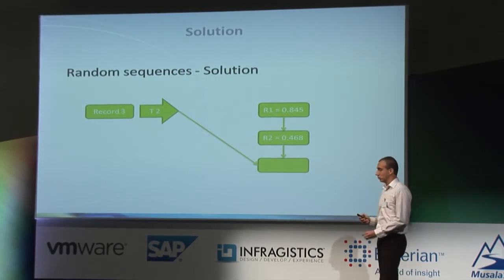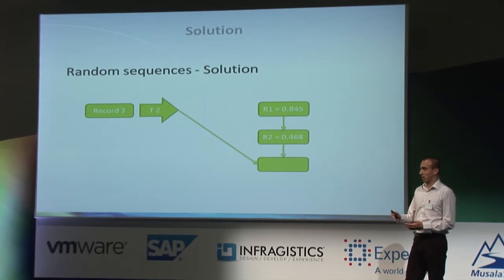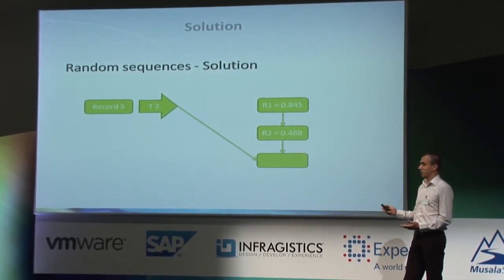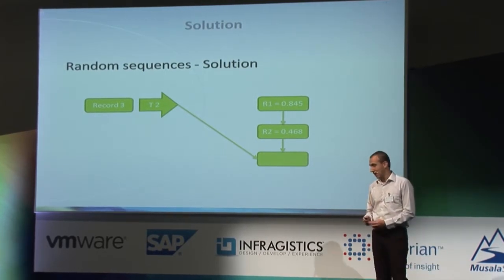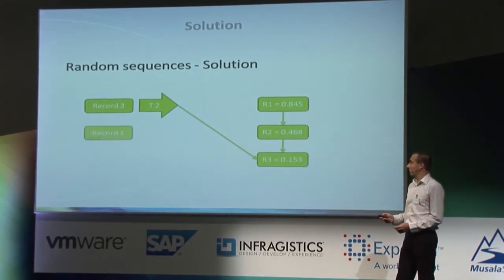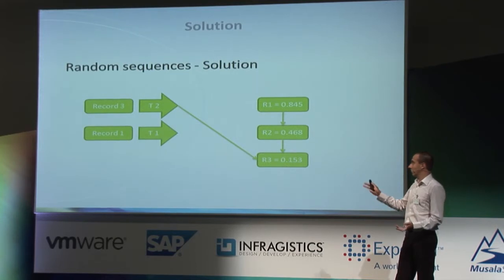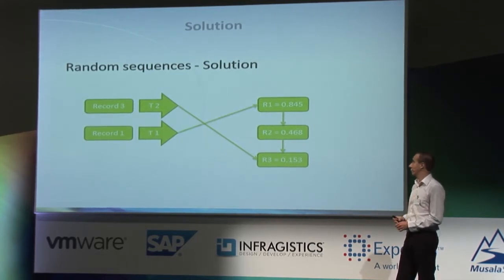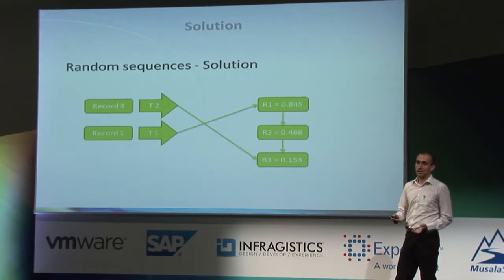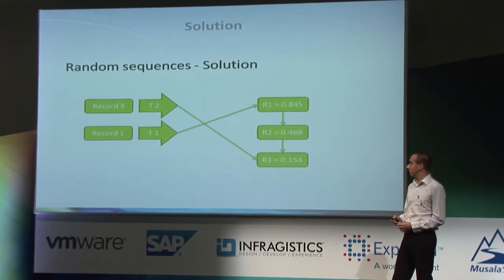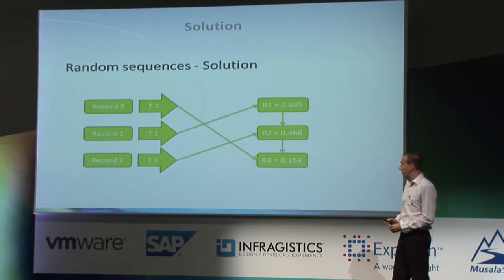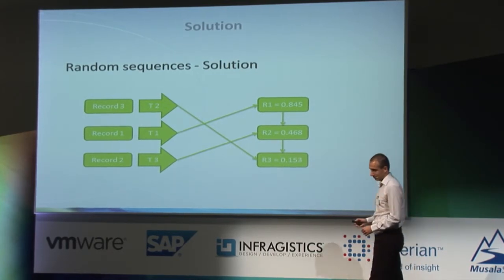And in order not to do that every time, to calculate everything before, we just put them in a cache, a simple solution that allows us, when later on comes record 1, handled by no matter which thread, to just pick from the cache exactly the element that it requires and return it. And so on with record 2, it will get its element of the sequence. So this is how we solve that.